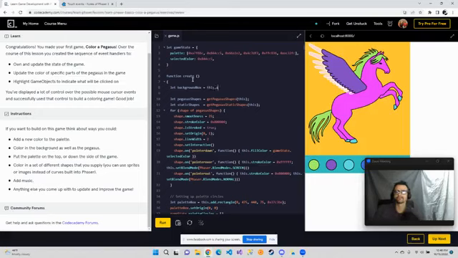So this dot add dot rectangle, and this is going to be completely trial and error because I need where we're going to set this up at. So 0,